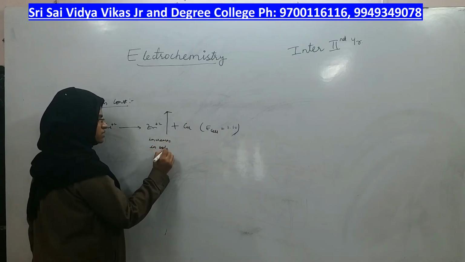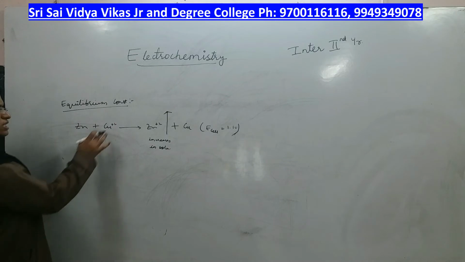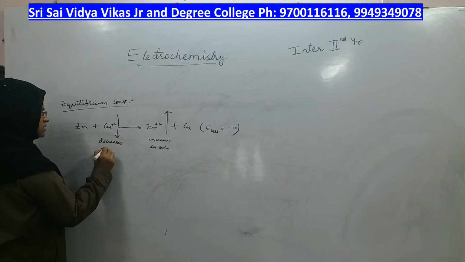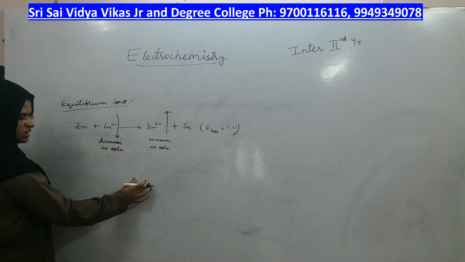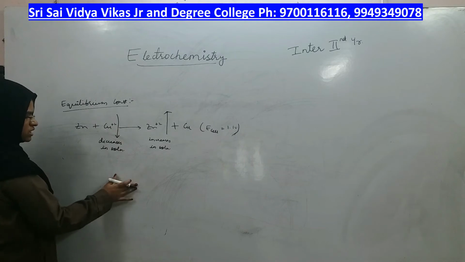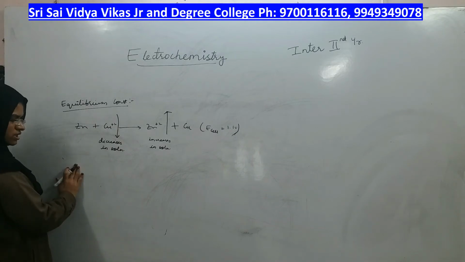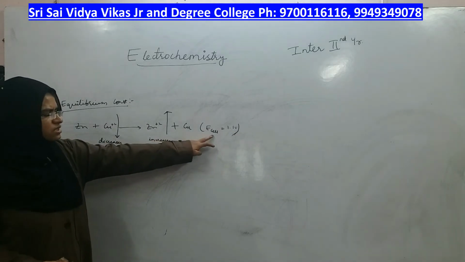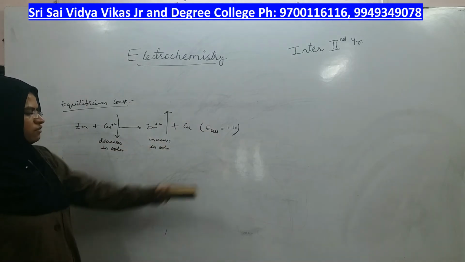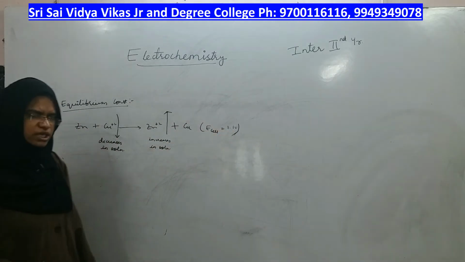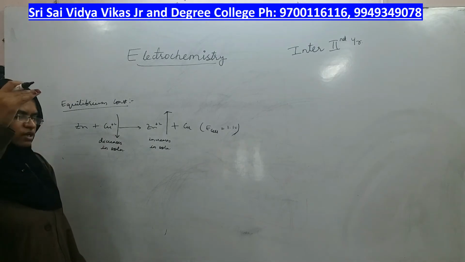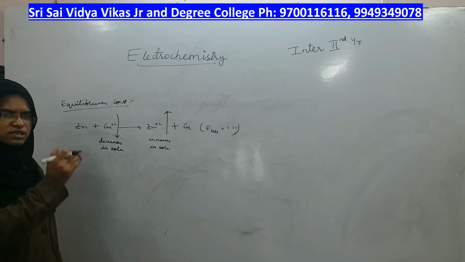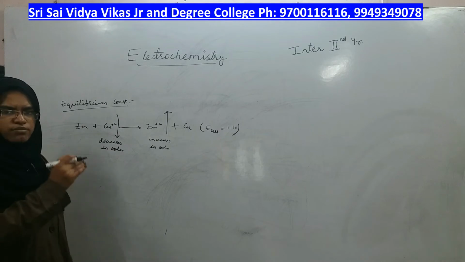in the solution, and ion concentration of Cu2+ decreases in the solution, right. Copper is this side, Cu2+ ion in the solution decreases; zinc is on the other side, Zn2+ ion concentration in the solution increases. So when that happens, the cell value on the voltmeter, which initially was 1.1 volt, goes on decreasing as the reaction progresses, from 1.1 to 1.09, 1.08, 1.07, 1.06, and so on.